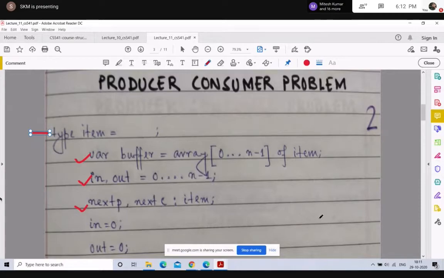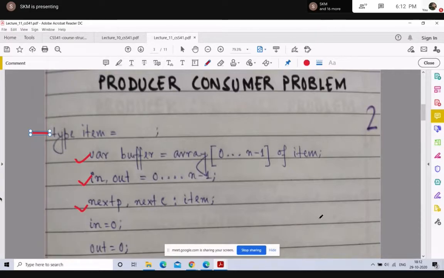Similarly, when the consumer consumes an item, it takes that item from the buffer, puts it in next C, and subsequently the consumer will consume it. And we will also initialize the two pointers in and out to be equal to 0. So now this is our variable initialization.